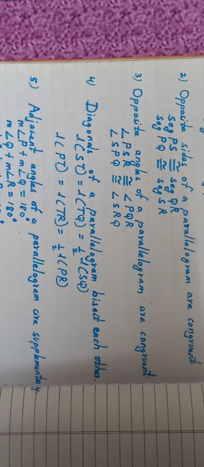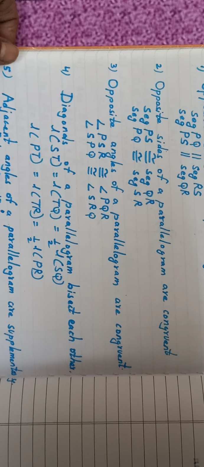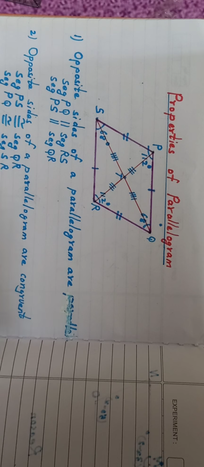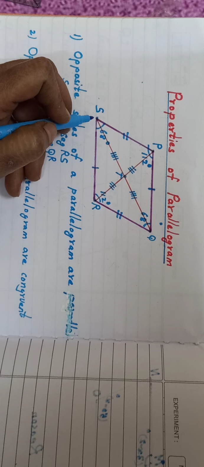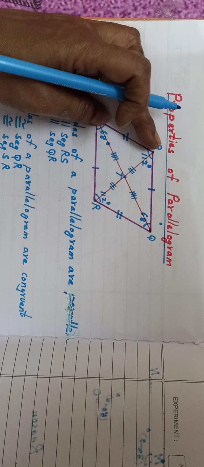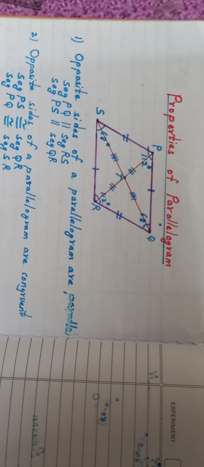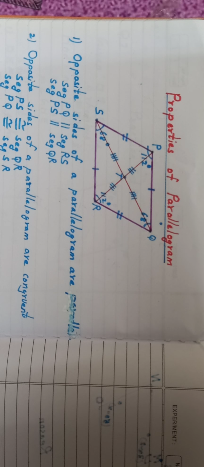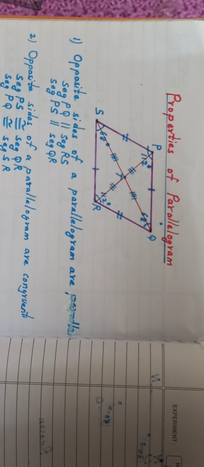And very important, now we have studied parallel lines, where for parallel lines we studied interior angles, alternate angles, corresponding angles, all properties. So if you see here, the main meaning of parallelogram is that the opposite sides are parallel. Now if these opposite sides are parallel, and if we take PS as the transversal and these two are parallel, you can see it like this. These two, if this becomes a transversal.